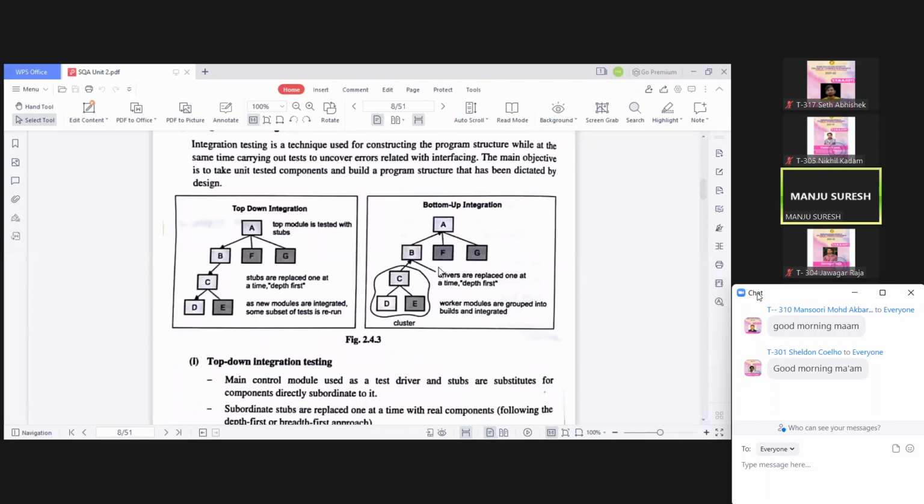Similarly, this goes here. So B to C, C to B, B to A, that you can check. Bottom up. In that case, you can make use of drivers. F and G are main components because it is going bottom to up integration. There you can make use of drivers. Similar kind of concept, but here you can have more components which are ready. Only 2 or 3 components are not ready, which are replaced with stubs and drivers.